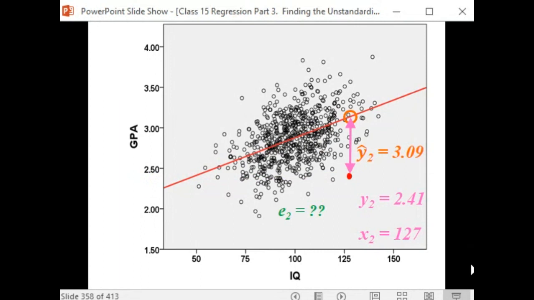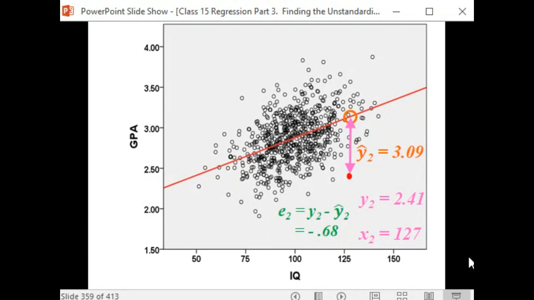Okay, here's the answer. The error is negative 0.68. That is, the observed value minus the predicted value equals negative 0.68. Right? That's 2.41 minus 3.09, which is negative 0.68. Okay, so now